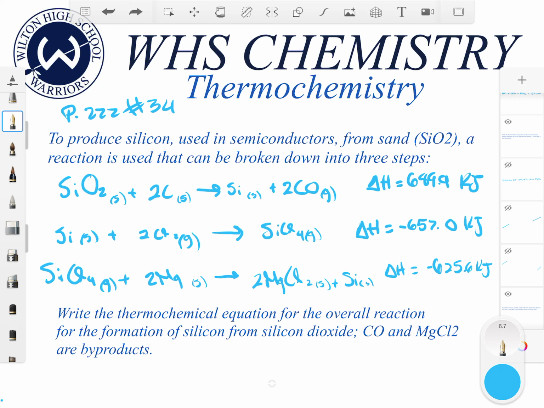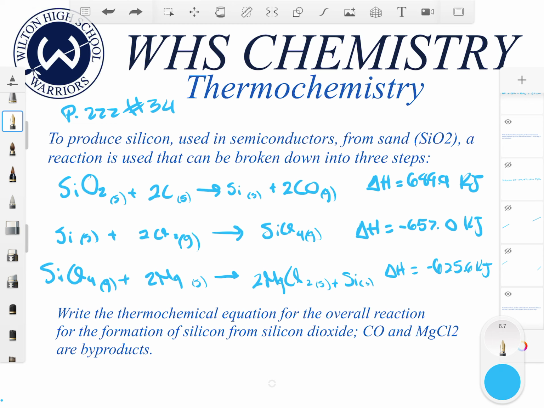Like I said earlier, in our final equation, we're going to have silicon, silicon dioxide, carbon somewhere, and magnesium and chlorine. Those are the essential compounds or elements that will be in our final equation. But anything else that is not in the final equation can be excluded, and those will hopefully cancel out. So we're going to look for those compounds right now. If we look at the first 2 steps initially,